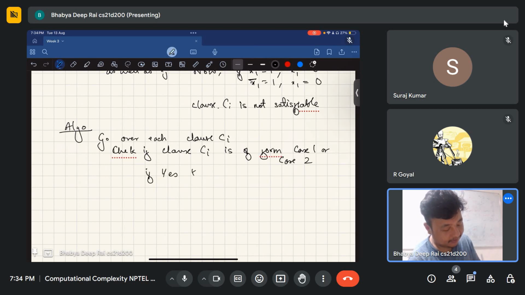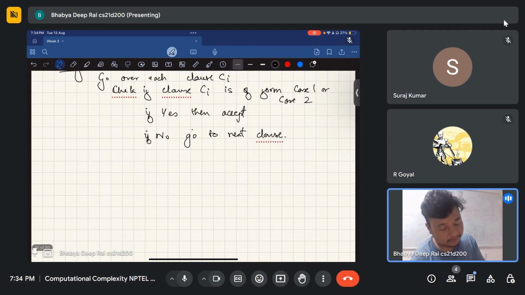If yes, then accept. If no, go to the next clause. If no, what does it mean? It means it is of case 3 type, so it is unsatisfiable, and you keep going from one clause to another and so on until